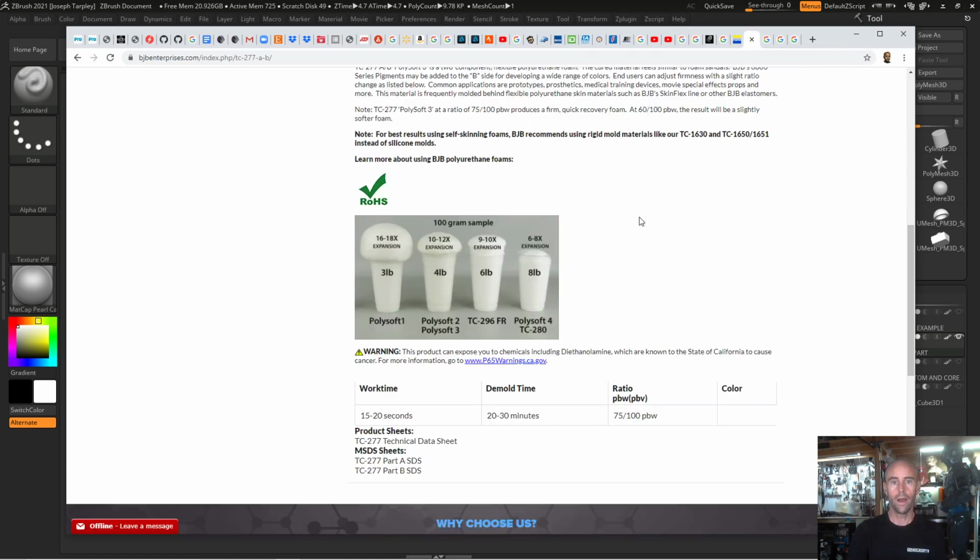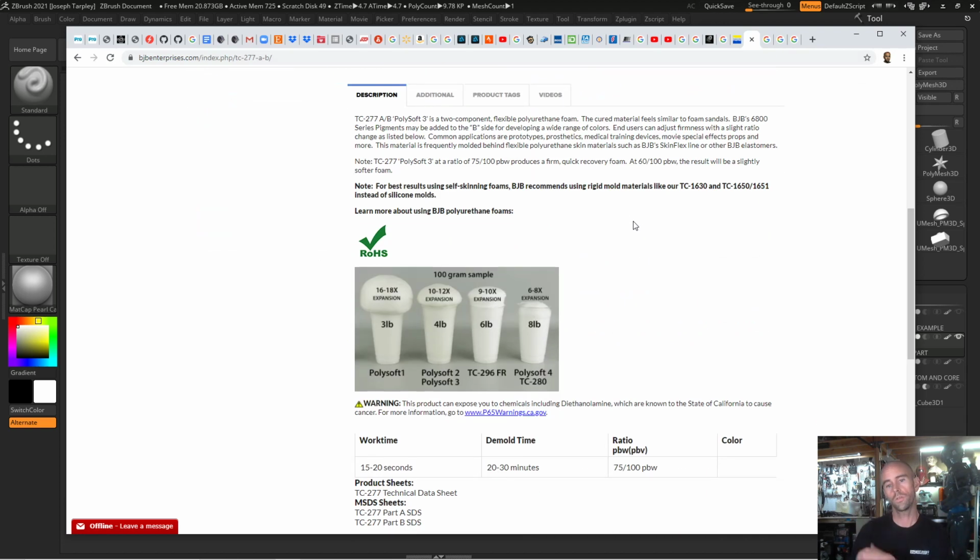It wasn't too bad. BJB, which is the material that I used for this current project, has an example photo showing how much their foam expands, and it kind of marks how many times it expands. And I was using 4-pound foam, which expands 10 to 12 times. So I divided by the lower end in case it didn't expand as much, and basically figured out the volume